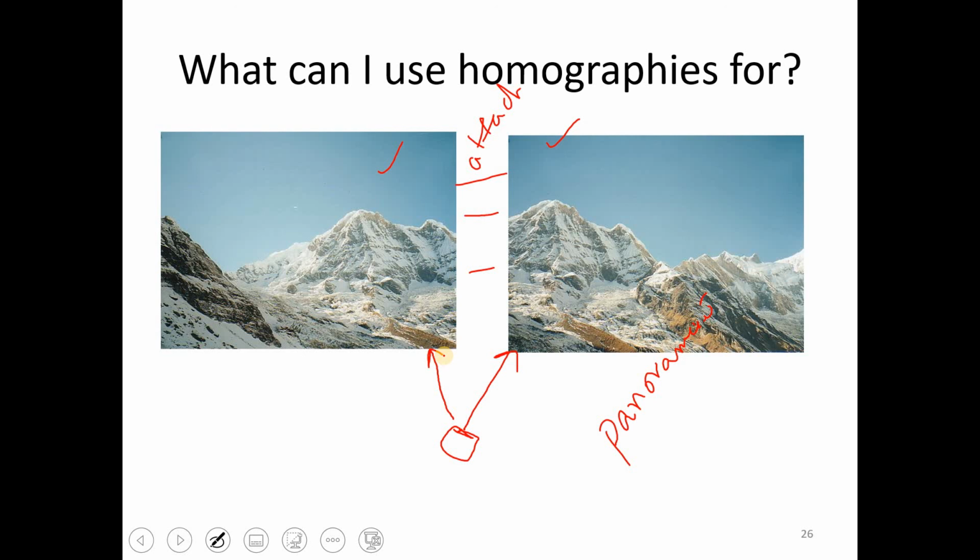Sometimes this angle can be very, very large, very different. So maybe you have 2 or 3 photos, so you can have big difference. So this change in the angle view does not allow you to attach them directly. So to attach them, first of all, you have to transform them so that they